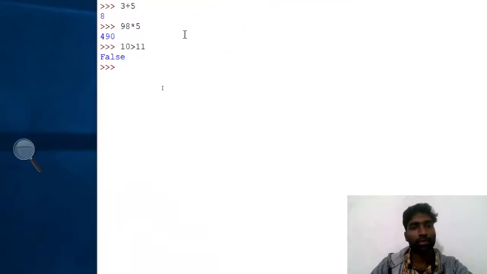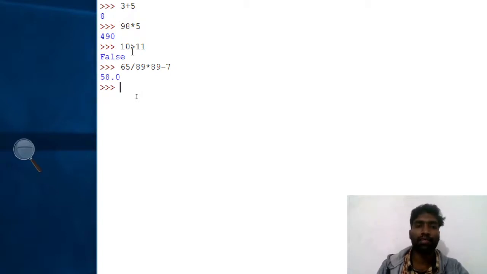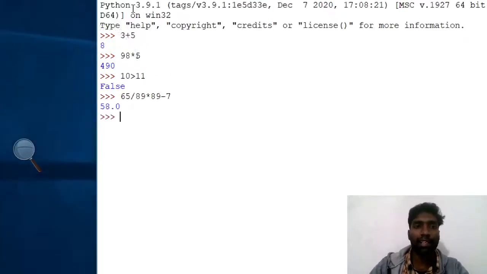I think now you can see. Is 10 greater than 11? No, 10 is smaller than 11. Whatever value we are giving, 89 minus 7, as much as you need, just one enter, this is the answer. This is interactive mode.